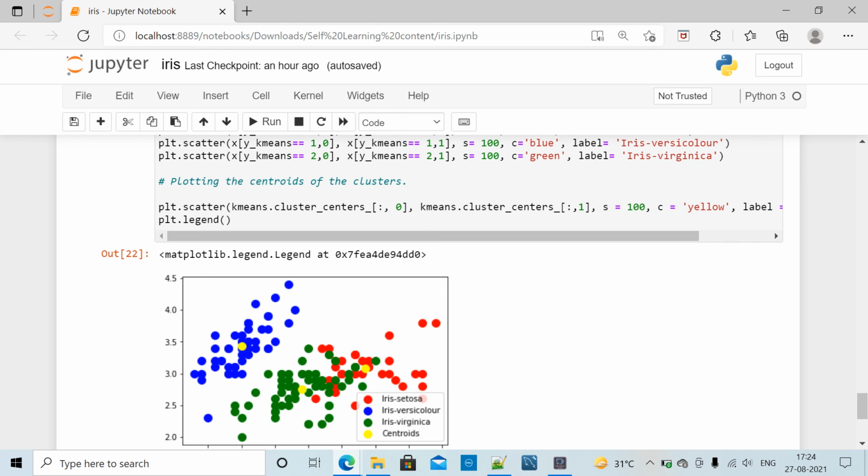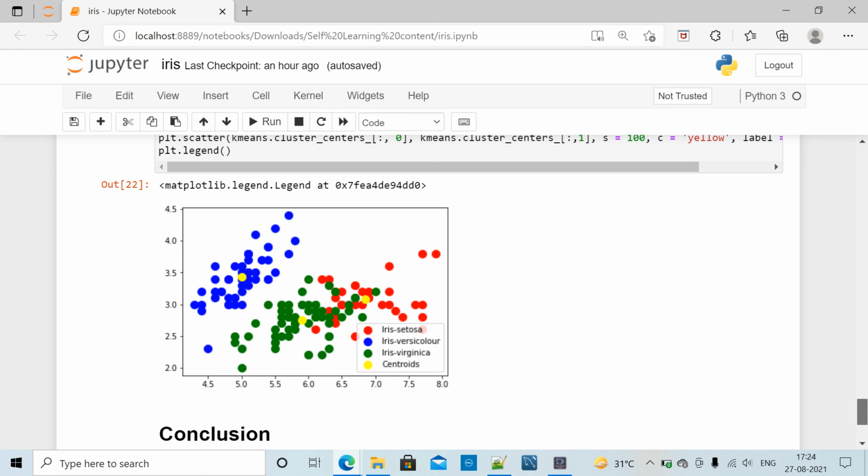So this is our scatter plot. These are the legends, where red indicates Iris setosa, blue Iris versicolor, green Iris virginica, and yellow the centroids.